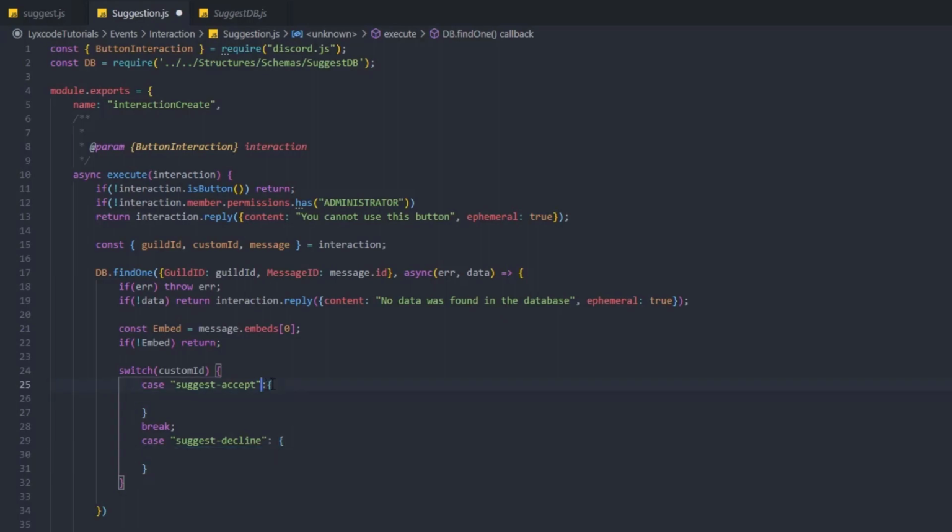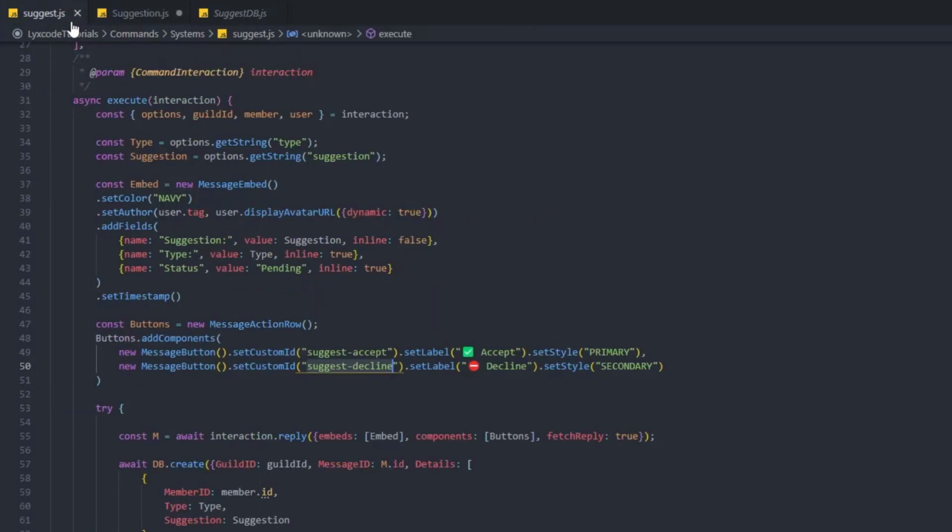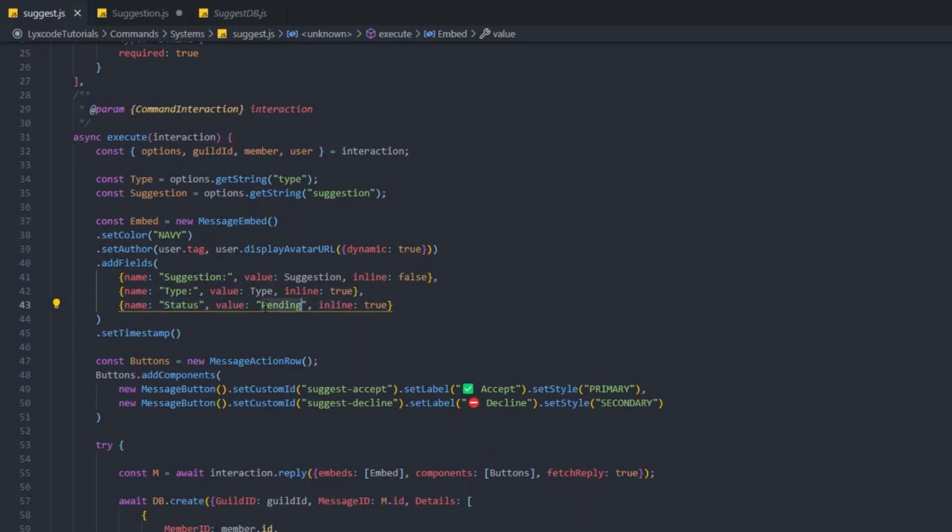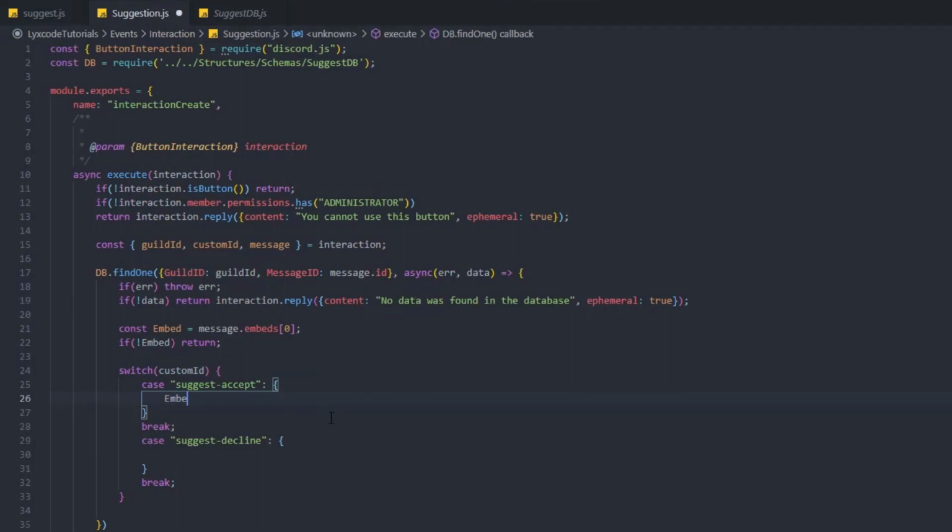Let's make it a little bit nicer. And we're gonna break. This is not that important. Alright, so case suggestion accept, then we're gonna add a field or edit the field. So like you see here in our suggestion where it says status pending, you can count so 0, 1, 2. So we want to edit this one. Alright, so we're gonna type embed.fields equals, or fields 2, this is the second or the third one actually. So it's gonna be 2 equals